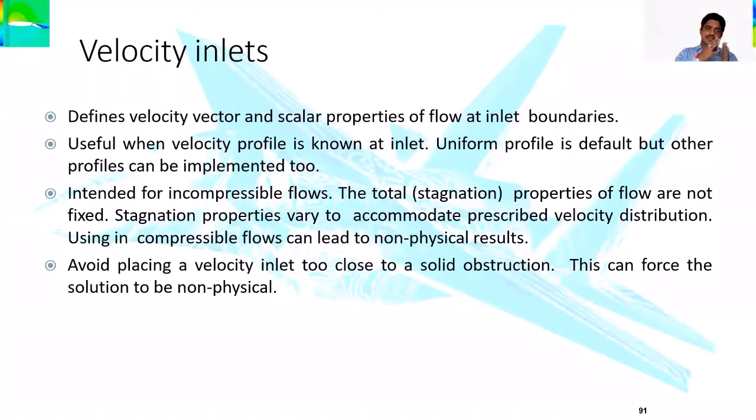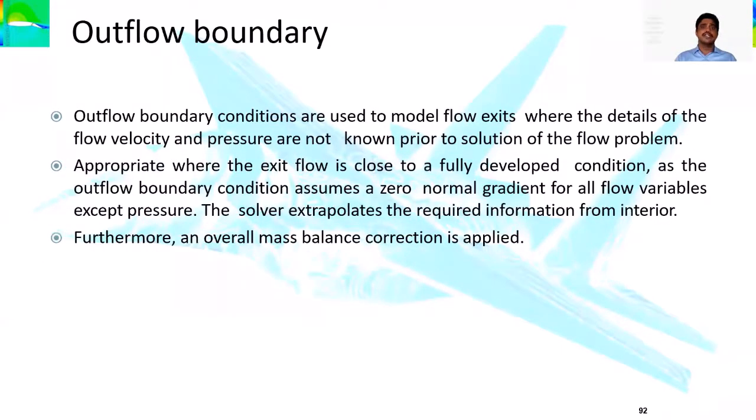Always the inlet should be allowed, so you can't keep any obstruction at the velocity inlet. Otherwise the flow immediately hits that wall and goes back. The solution will fail at the first or second iteration, stating that the flow has resulted in divergence. Divergence means the flow has resulted in the reverse case and is not able to move in the forward direction, so it is moving backward, and that is not physically possible. Even we can't move when there are solid boundaries in front of us. If solid boundaries are obstructing us, how can we move forward? So we should be very careful about the inlet boundary conditions.